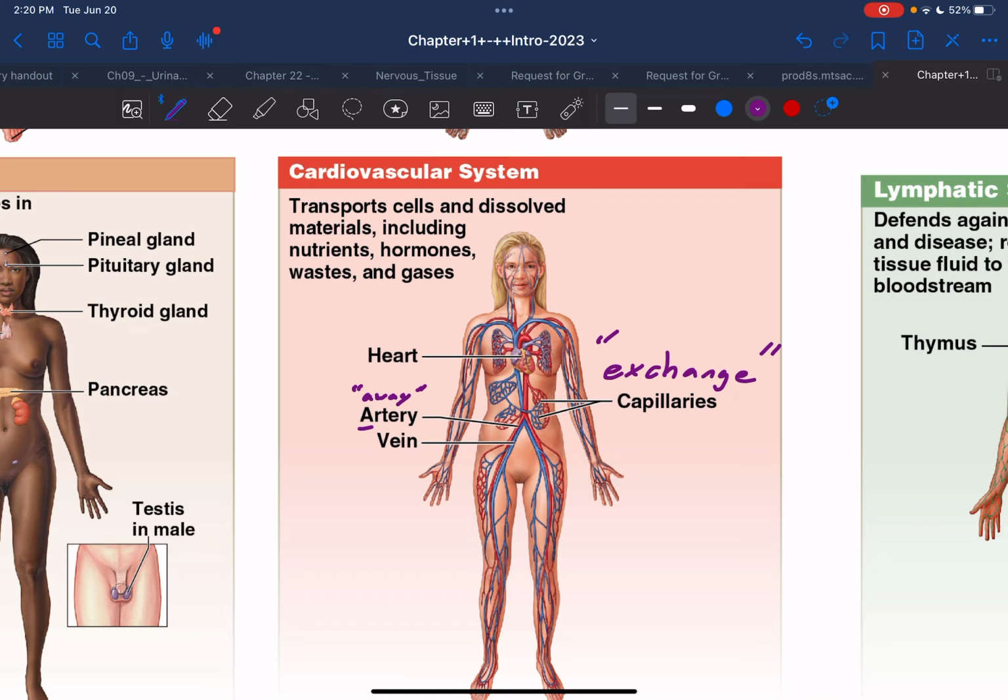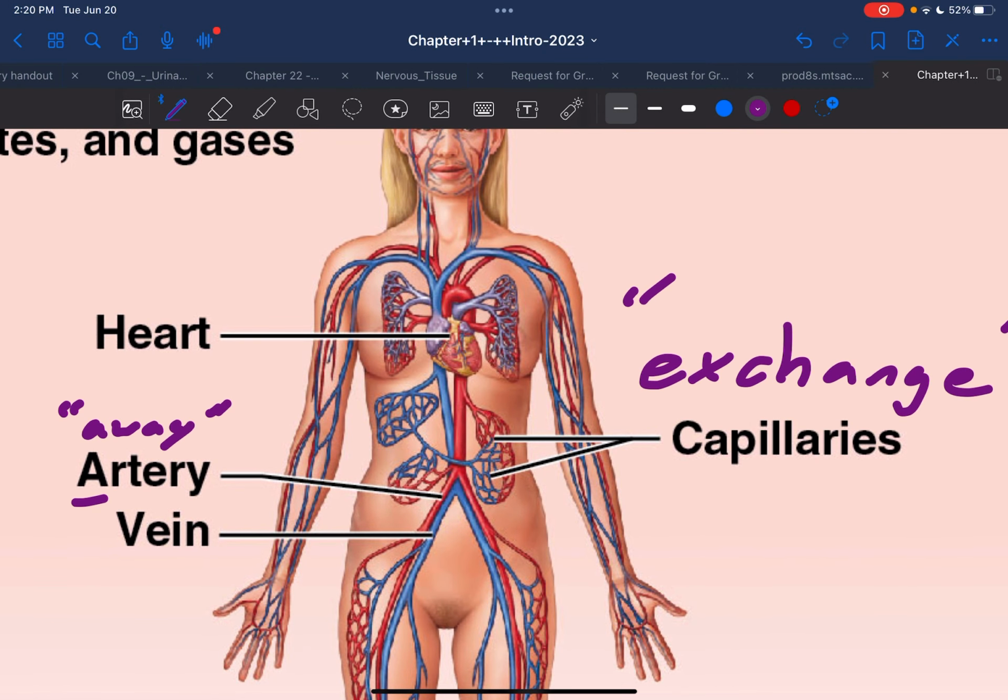Exchange. This is where the site of exchange is the capillaries. When you think about capillaries, you're thinking, okay, drop-off site. For example,